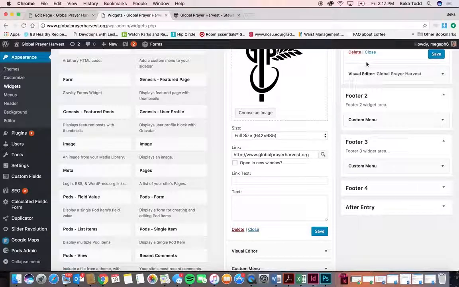So if you end up needing something different in the footer and you need help with that, let us know and we'll see what we can do. We should be able to help you with that, but just know that if you make a lot of changes here, it could affect what it looks like. So moving on to menus,